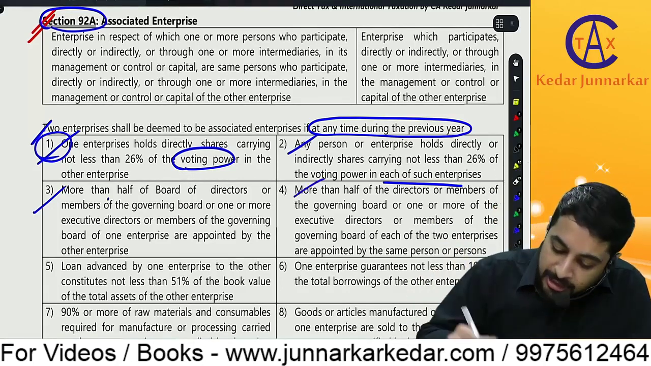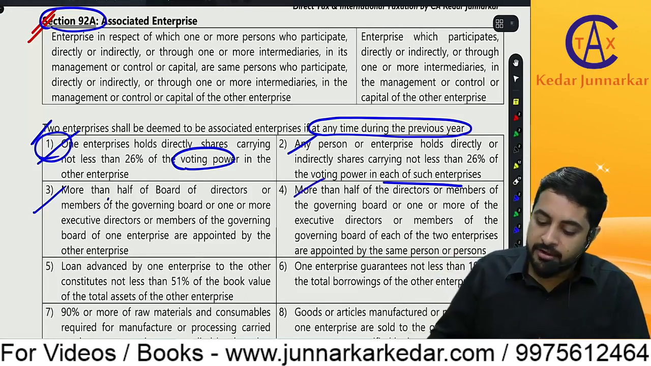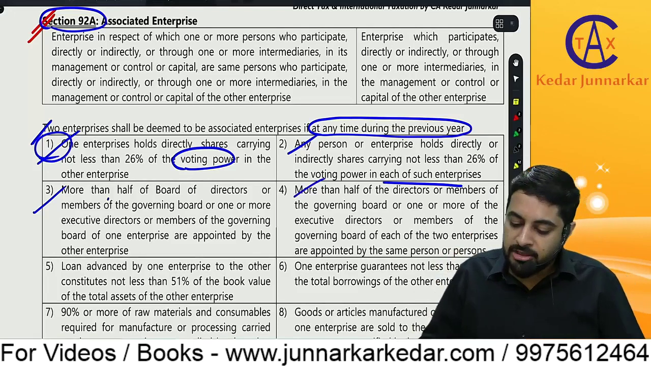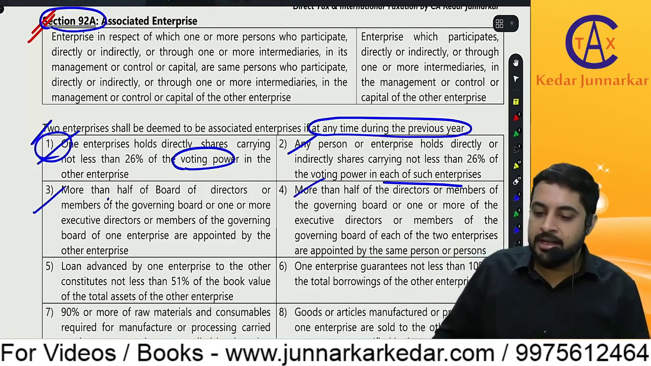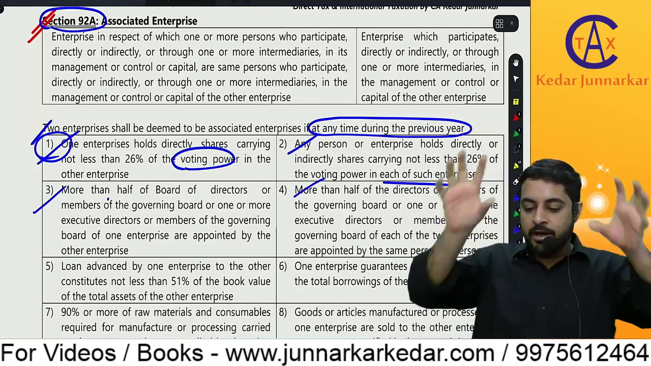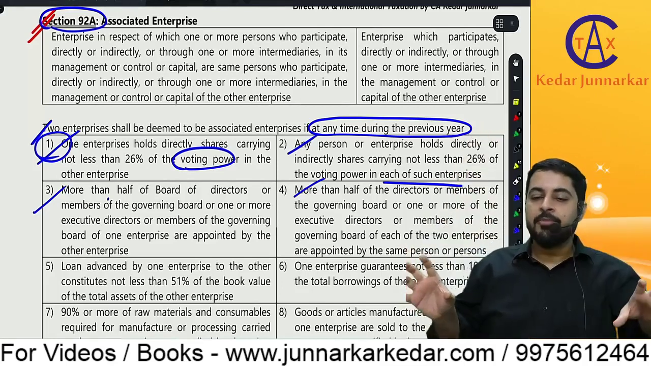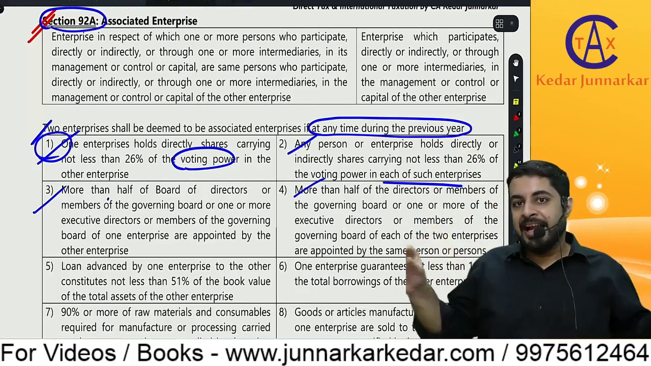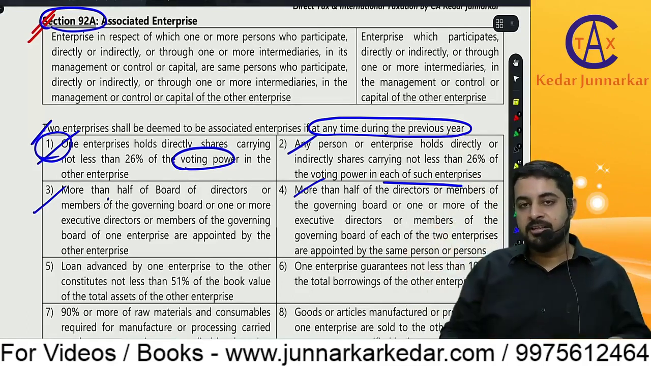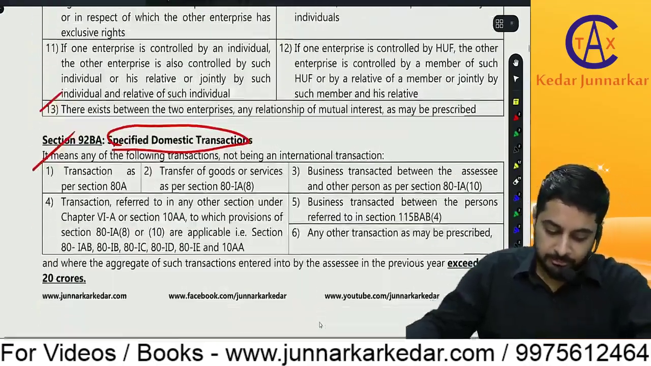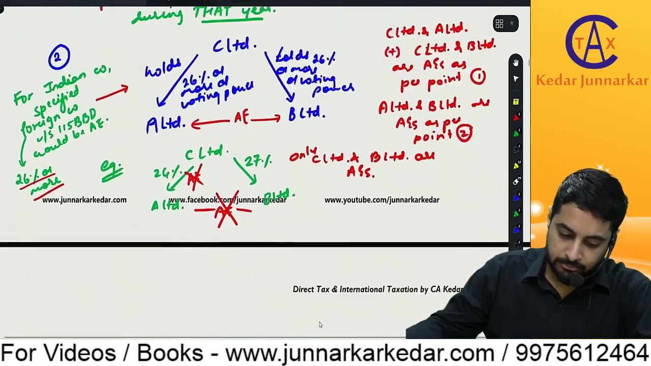And here more than half of the directors or members of governing board, or one or more executive directors or members of governing board of each of the two enterprises are appointed by the same person. So there is a common person appointing more than half of BOD or one or more executive directors in each of the companies, then in that case these companies will be considered as A's. Let's write down. Third,